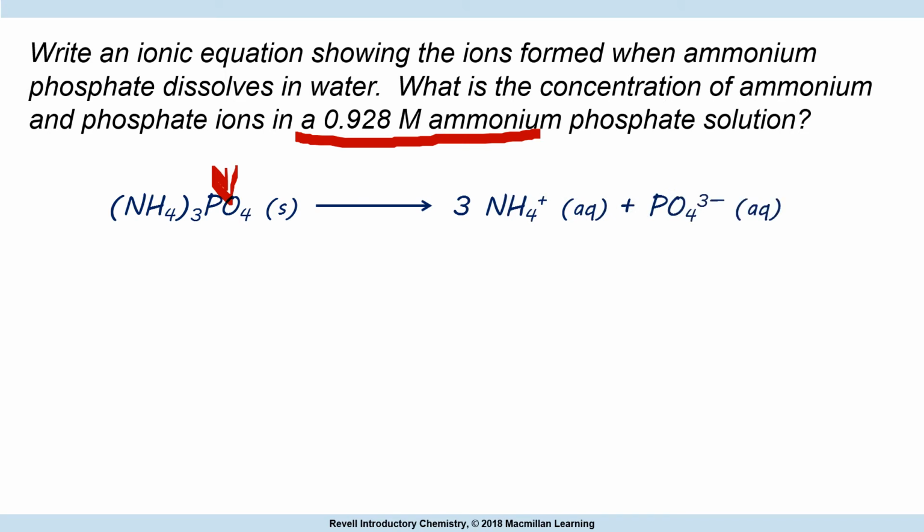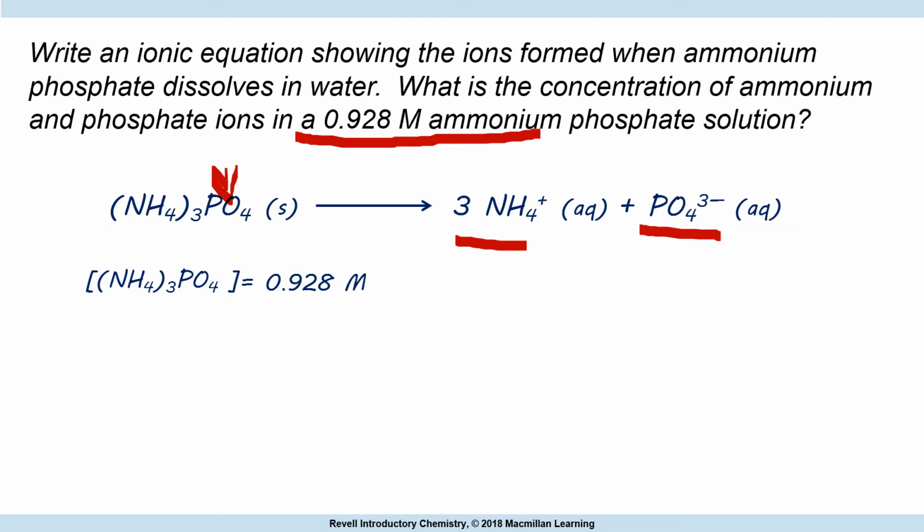Okay, when they dissolve, there's 3 ammoniums because it's got a 3 down here. Phosphate is just 1 phosphate, and we got to put the charges there. And now, if we're starting with that concentration,